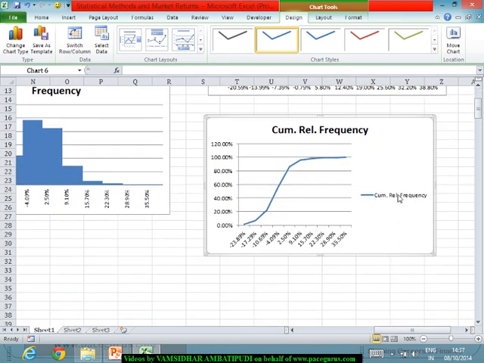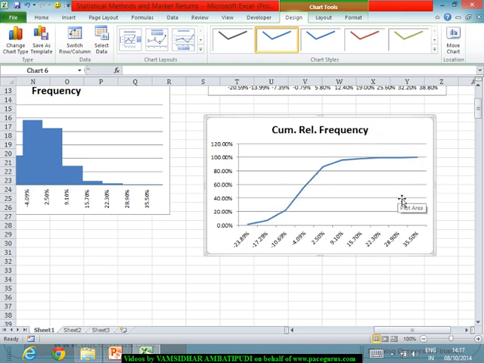This is what I call the cumulative relative frequency curve, and what we are majorly observing in it is what percentage of the observations lie below a particular criterion,